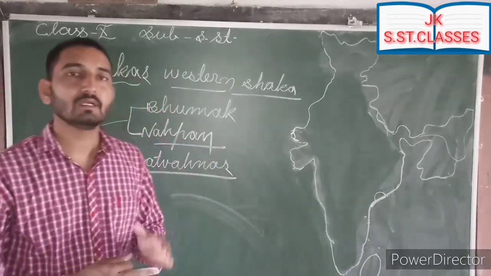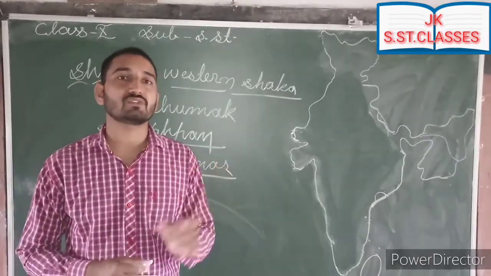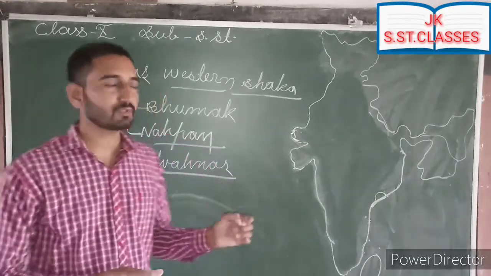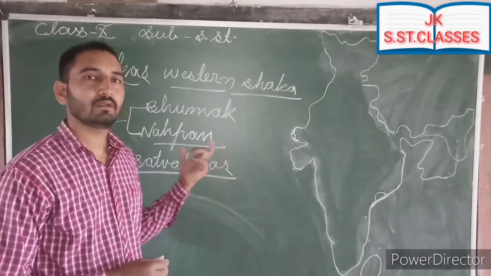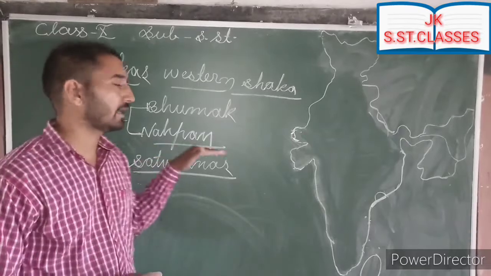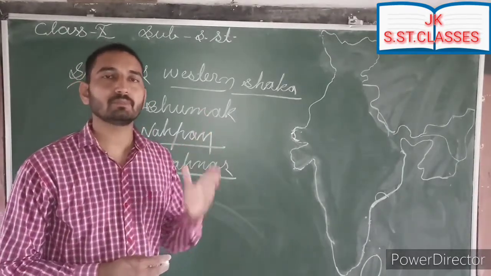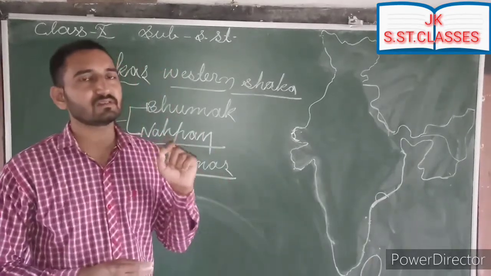Means we can say that on the coins obtained from Jogalthembi we find mentions of Gautamiputra Satakarni. In this way we can say that Gautamiputra Satakarni defeated Nahapana. Western Shaka ruler Nahapana was defeated by Satavahana ruler Gautamiputra Satakarni, and the inscription about his defeat we